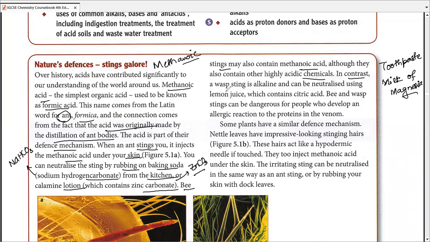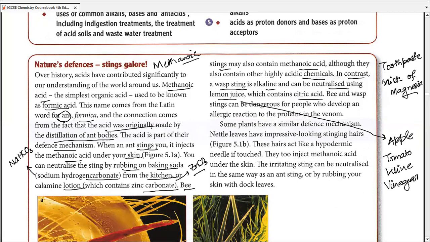In contrast, a wasp sting is alkaline and can be neutralized using lemon juice. If lemon juice is not available, which contains citric acid, you can always go with apple juice. You can go with tomato juices, or simply apply tomato puree, or maybe use wine on the sting area. You may also use vinegar,